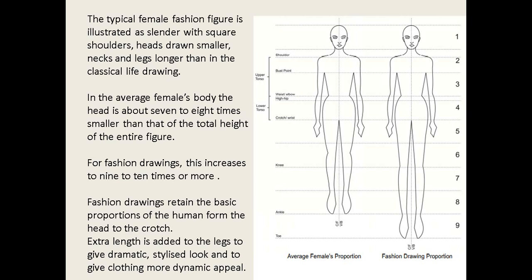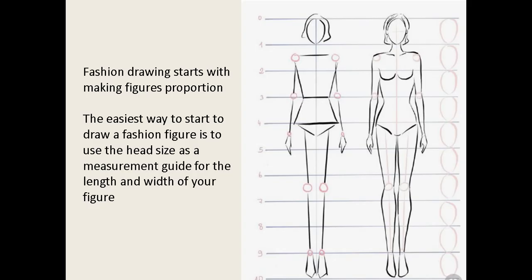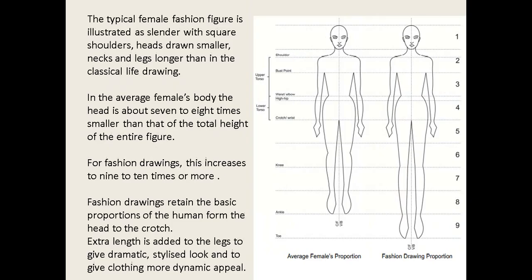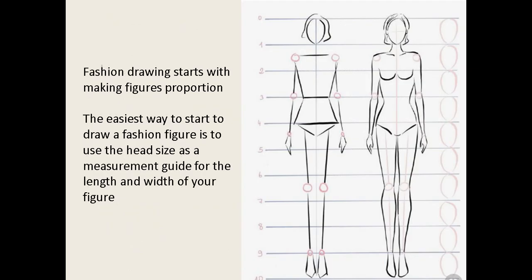So fashion drawings retain the basic proportion of the human from the head to the crotch. Extra length is sometimes added to the legs to give a dramatic, stylish look and to give clothing more dynamic appeal. So this is the difference for the average female proportion and the fashion drawing proportion. Okay, next,